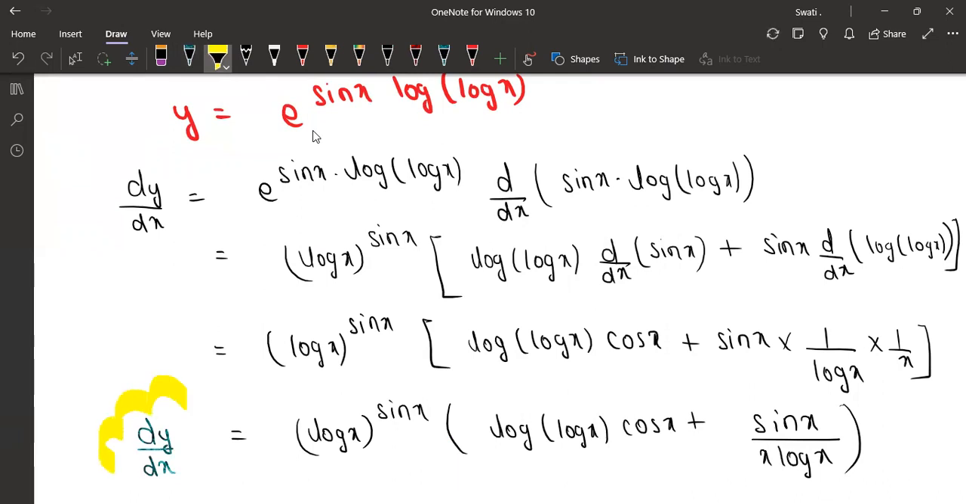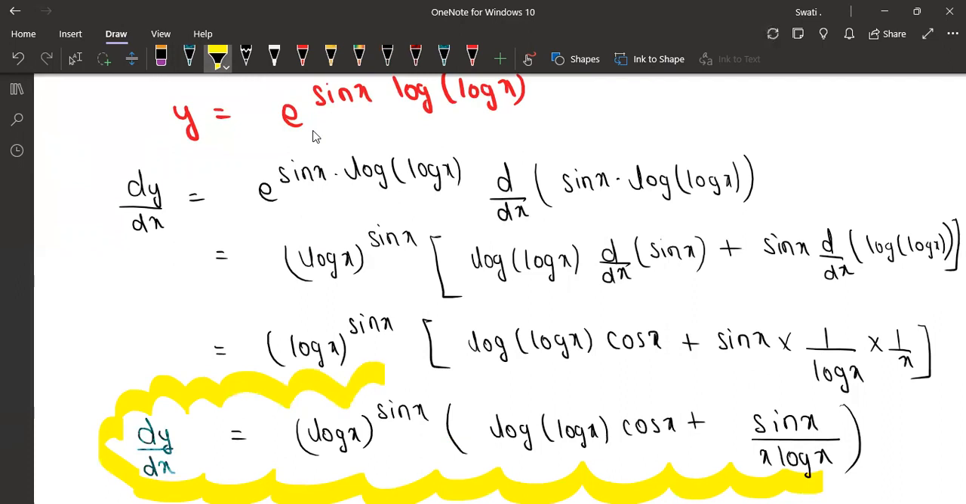Right, so this is the final answer. I hope you are understanding each and every step. Make sure if there is any question that you're not understanding, you have any doubt, you can just let me know in the comment section. Anyway, now we can move to the next question, and that is,